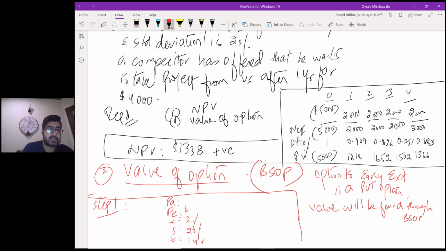It's a government or competitor offer. And PA is the present value of opportunity cost. When is he asking for the project? Here, after 1 year. So do you think if you take this option and give the project to him, the other 3 years cash flows will be lost? This is the present value of opportunity cost, because once you take this option, your 3 years benefit would be lost. It is 1652 plus 1502 plus 1366, 4520. Any questions with the first step?